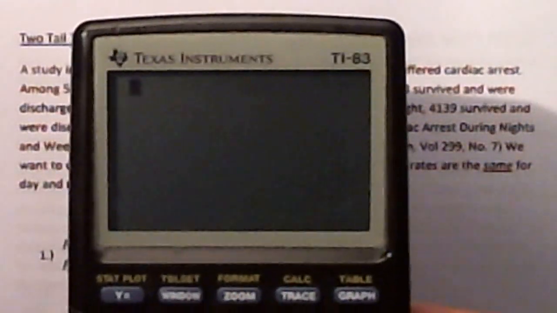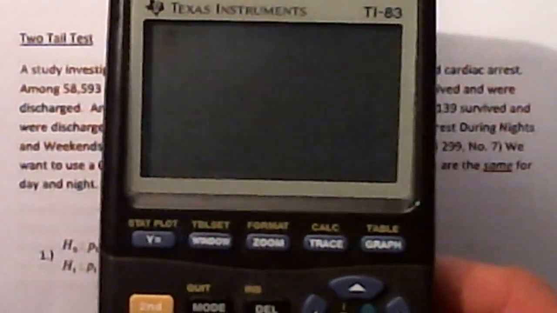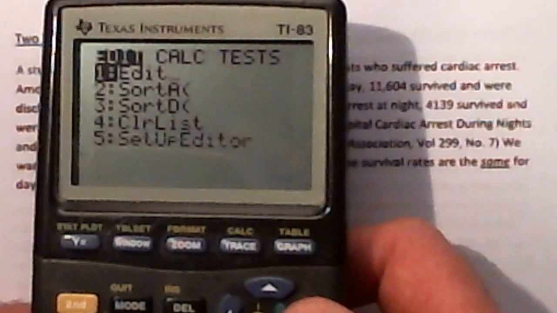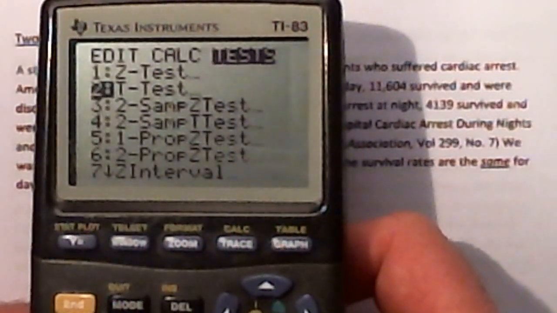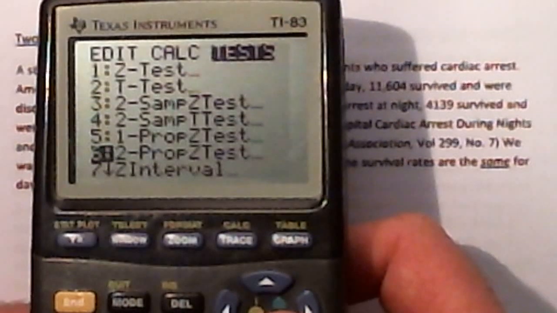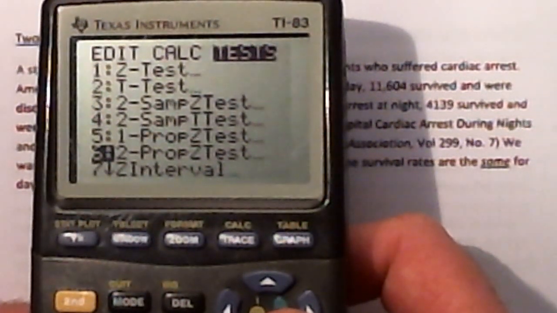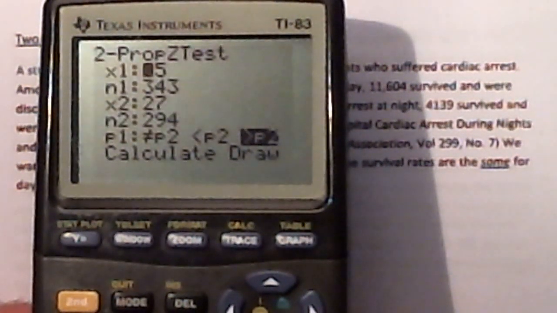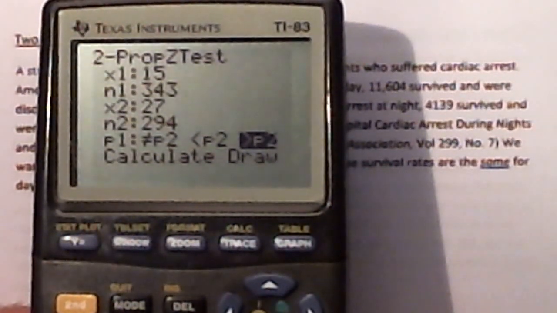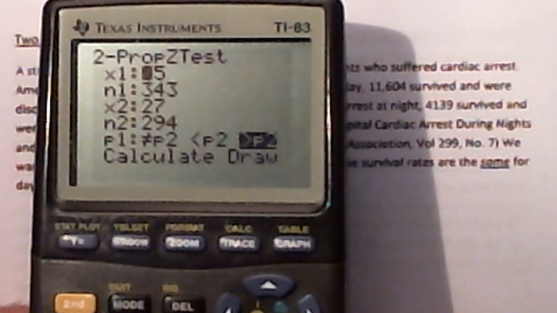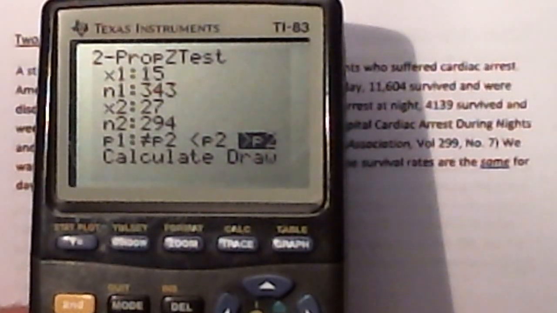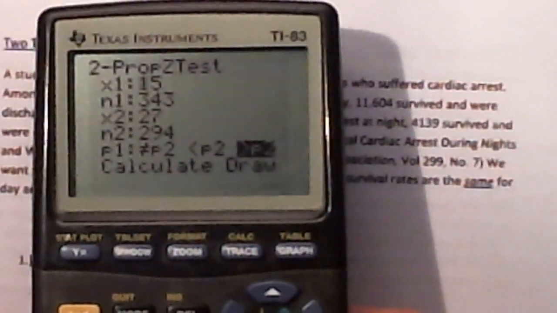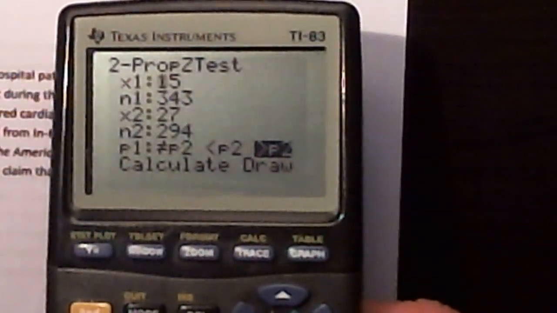So we bring up our calculator here. What you do is you hit stat, go over to tests, and go down to 2prop-z test. So stat, test, 2prop-z test. Hit enter to activate the test. Now, remember, sample 1 consists of the daytime cardiac arrest patients, whereas sample 2, or population 2, consists of the nighttime cardiac arrest patients. So x sub 1 will be